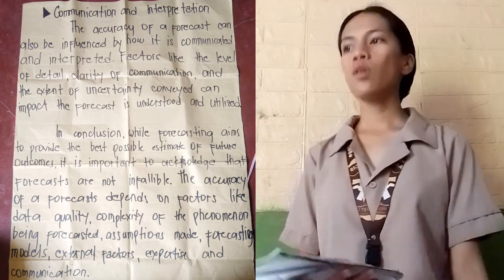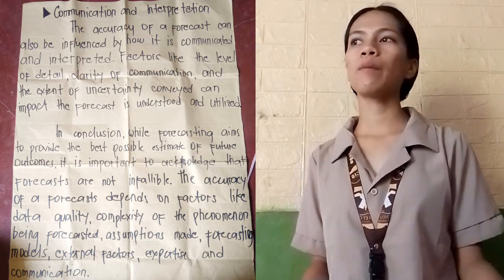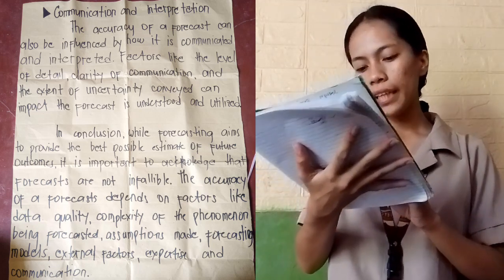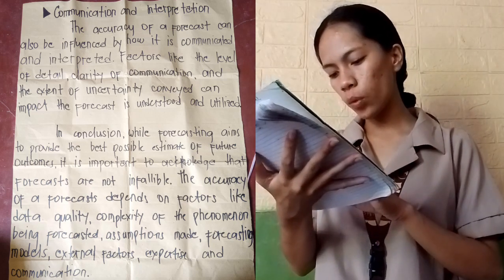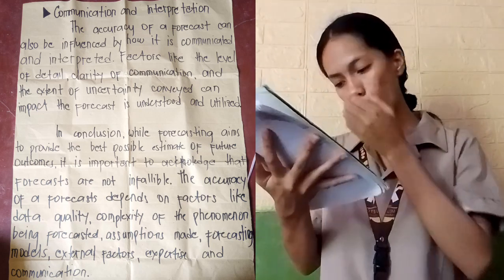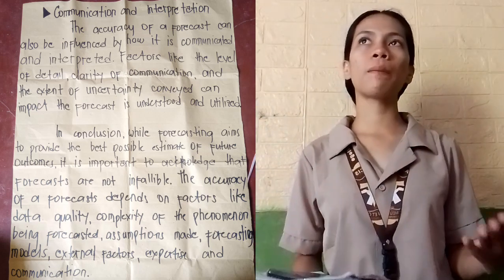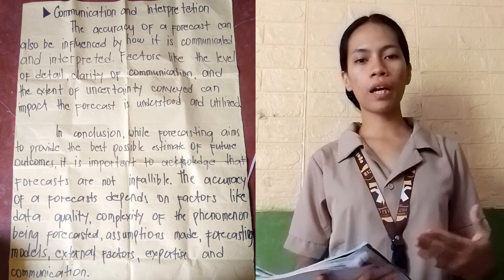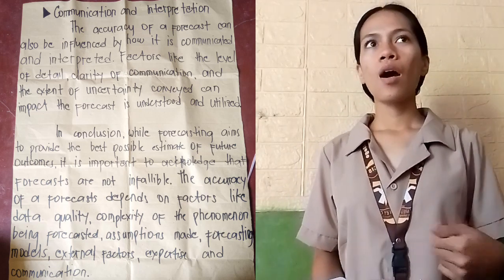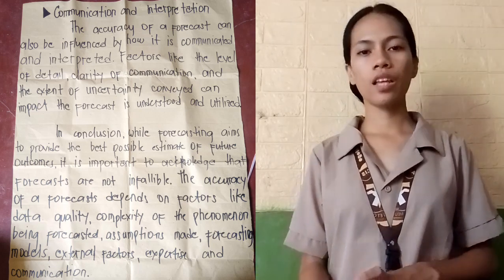If you know how to use it, you will understand your future outcomes in your business. It enables businesses to make informed decisions, allocate resources effectively, and manage risk proactively. So if you know how to use this, it becomes easier to make decisions about the right things to do for the future outcomes of your business. That is how accurate a forecast is.